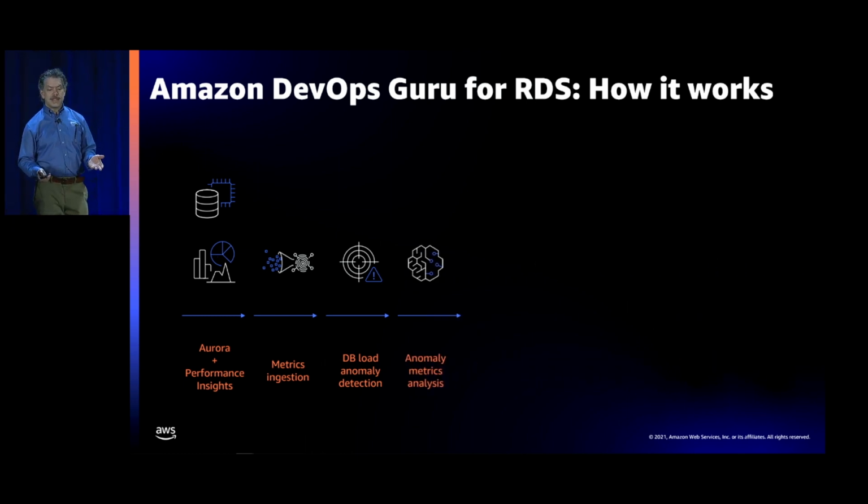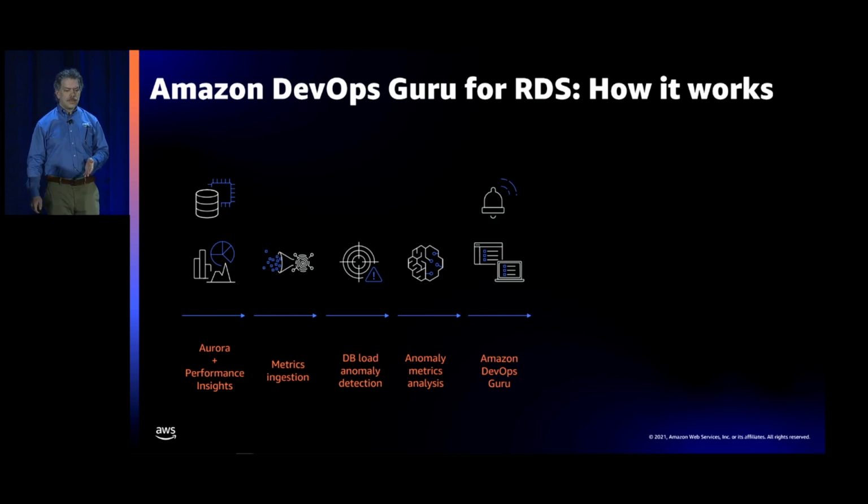Once an anomaly gets detected, DevOps Guru for RDS performs analysis on the metrics that make up the anomaly, making note of the most prevalent wait states. It also makes note of the most prevalent SQL commands and also the other metrics that may be anomalous during the same period that coincide with the anomaly. Then, a rule-based algorithm processes the results and generates simple, straightforward explanations and recommendations.